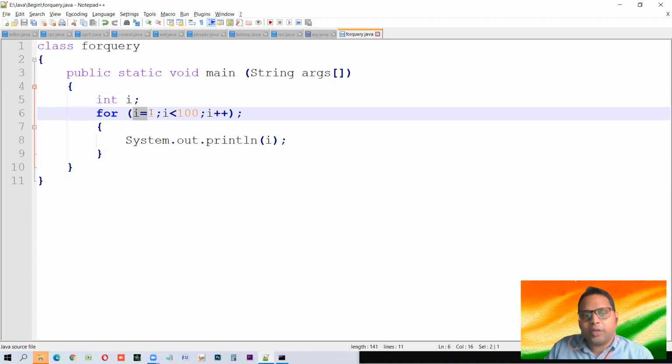So in a loop, we need to provide the initial value of the loop variable and the target value of the loop variable. And then we also need to provide how it will increment. It will increment by 1, by 2, by 3, or however. Normally we increment it by 1. So how will we increment by 1? There is a shorthand operator, called the increment operator.